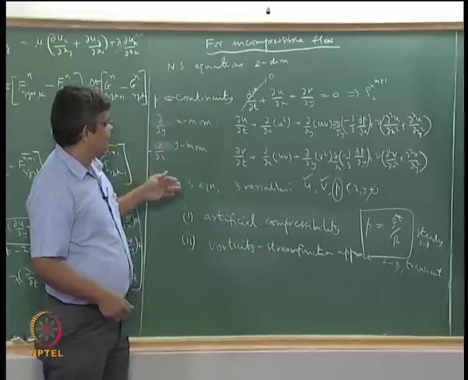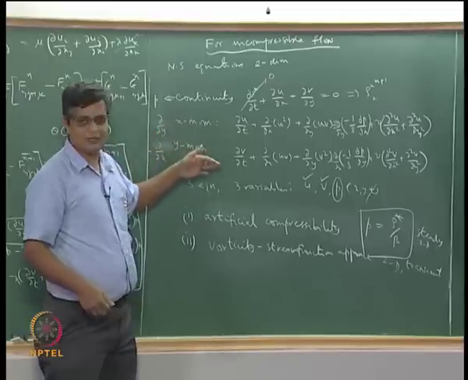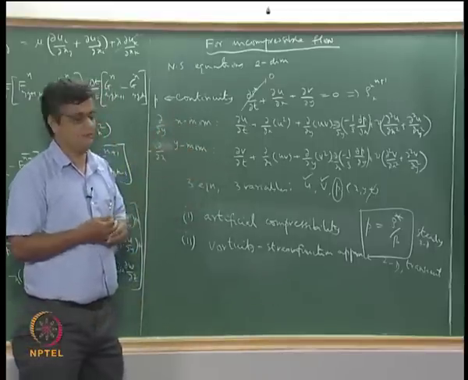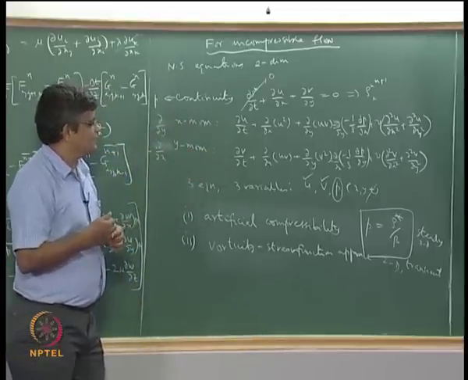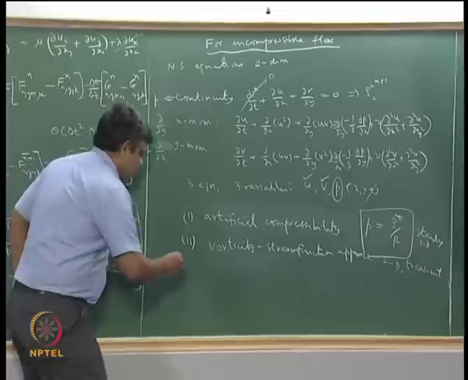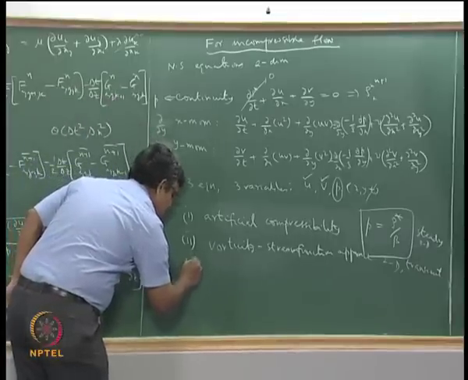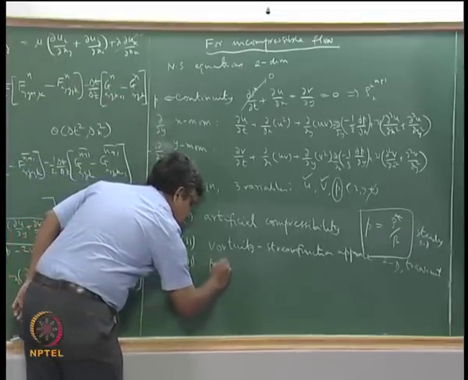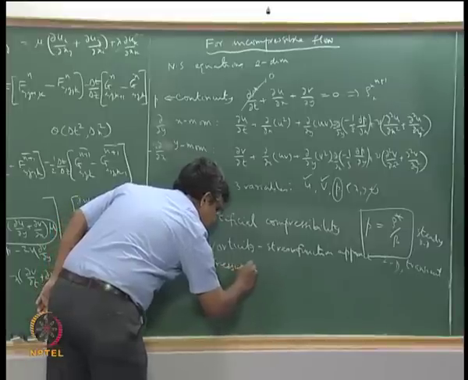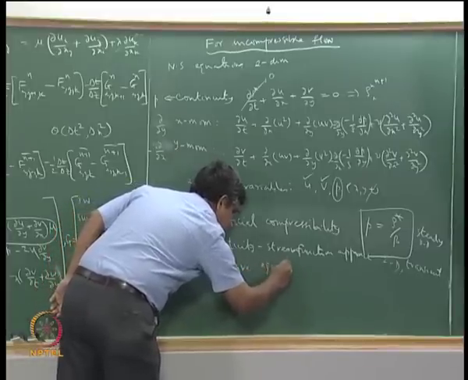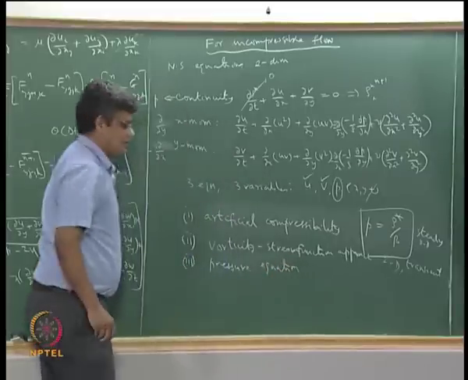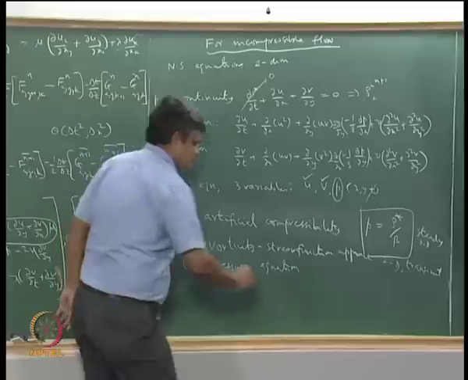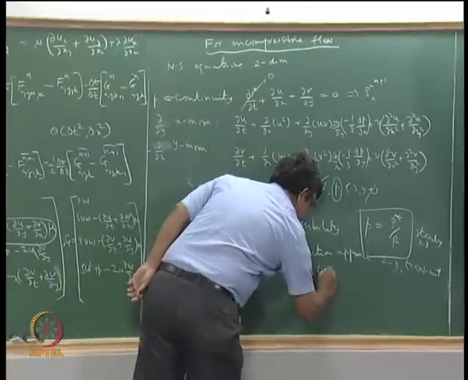So we solve for the momentum equation and pressure equation in a coupled way. Okay, and so that is called a pressure equation approach. This is applicable for transient 3D,